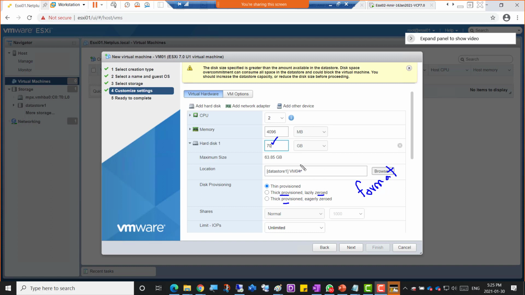That software takes 40 GB or 30 GB more. So it's going to slowly format the disk and put the software there, or it's going to format all the disk. Whether it uses all 70 GB right away, it's going to simply format that, and when you put the software